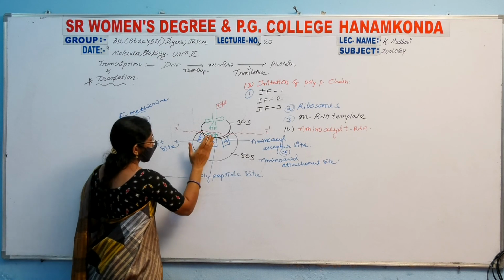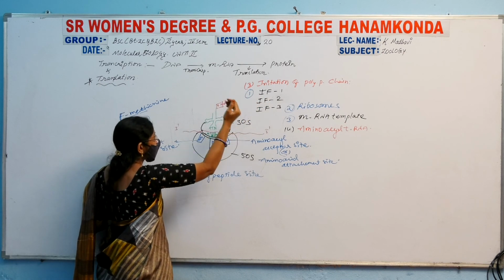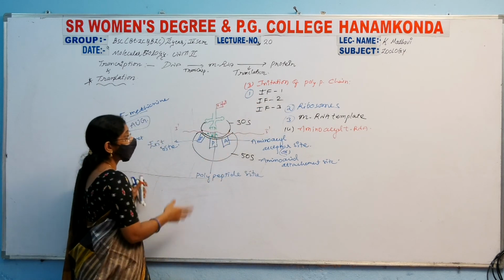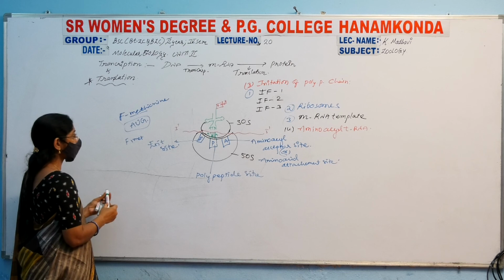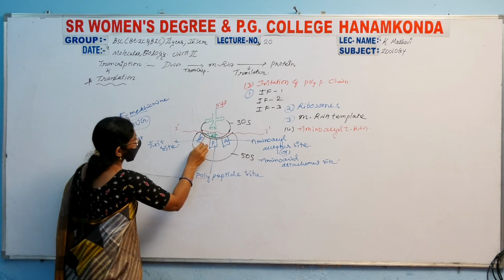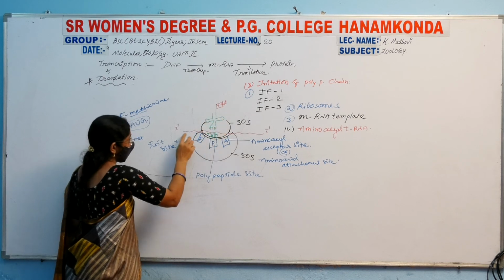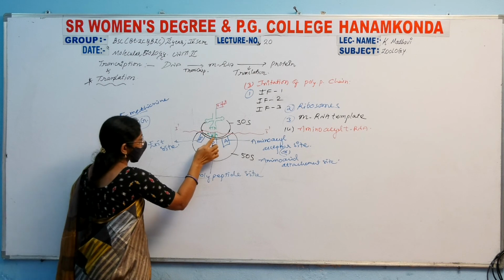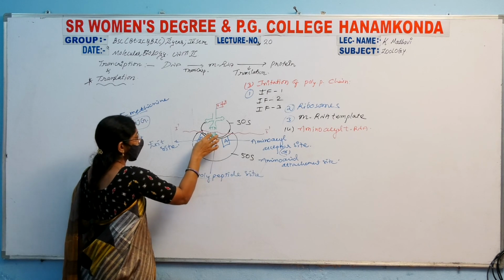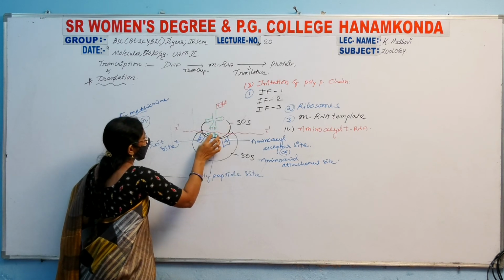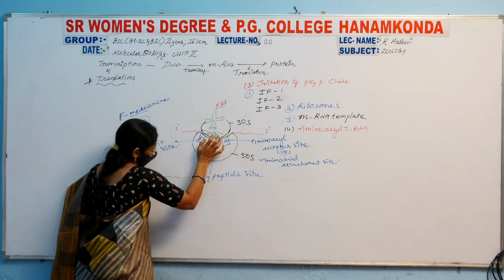This process is going on with the help of initiation factor 1, initiation factor 2, and initiation factor 3. Next, in the elongation process, again we observe the first step. In the first step, initiation occurs when the charged tRNA comes and attaches to the mRNA template, especially at the P site. The P site means polypeptide site. AUG comes and attaches here, and this is the most important amino acid, methionine.